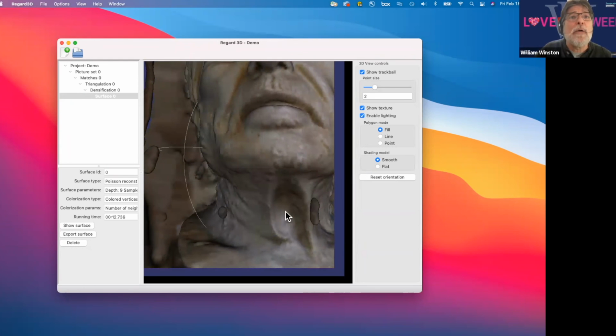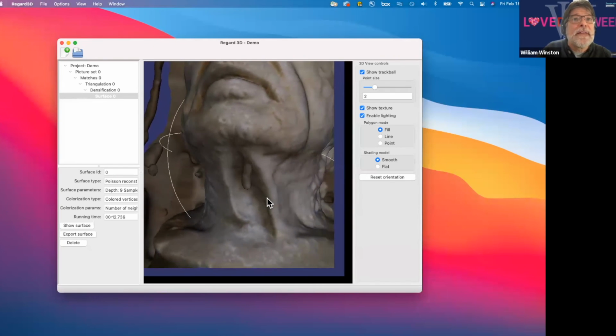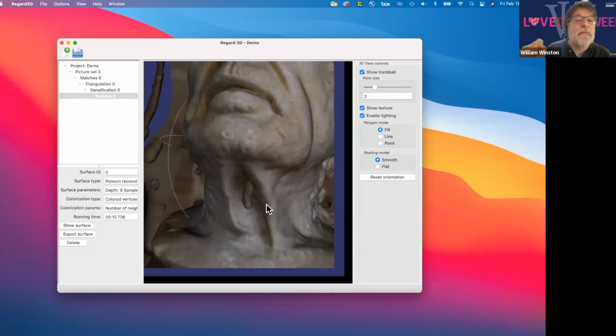we had holes before. And you can see even this area under the chin is not only filled in, but it's also filled in with colors. So we've got not just a hole that's been covered with a single area, but it's articulated fairly well. And there is a range of color there that's basically captured from the photographs. And so the individual pixel locations on the photograph